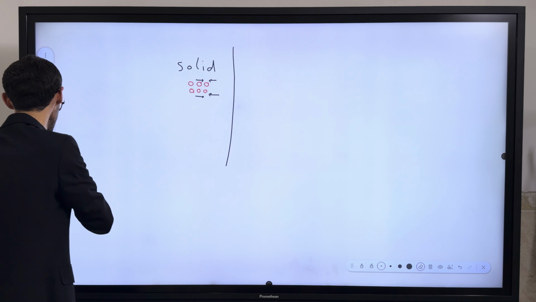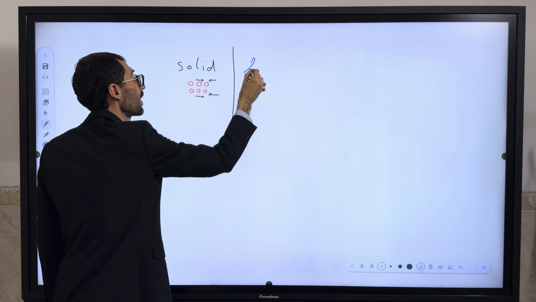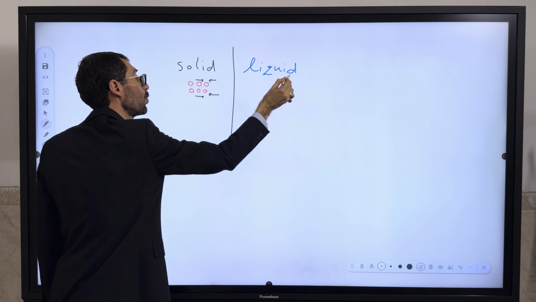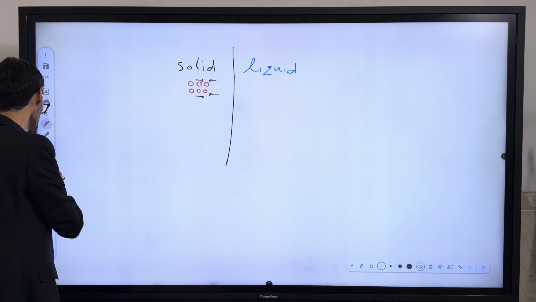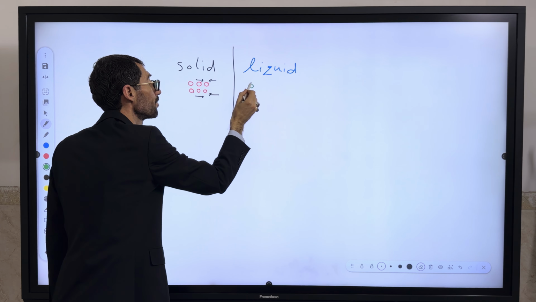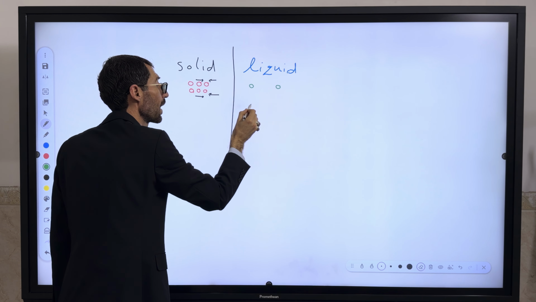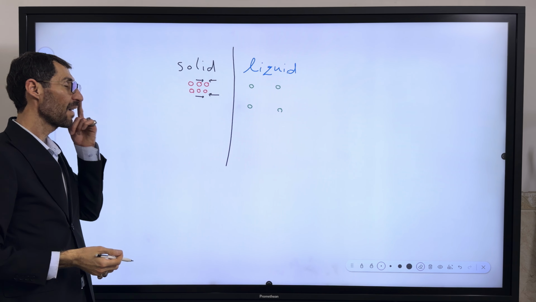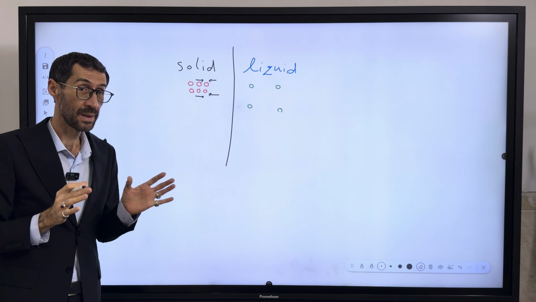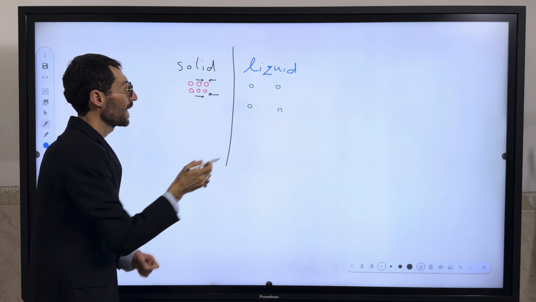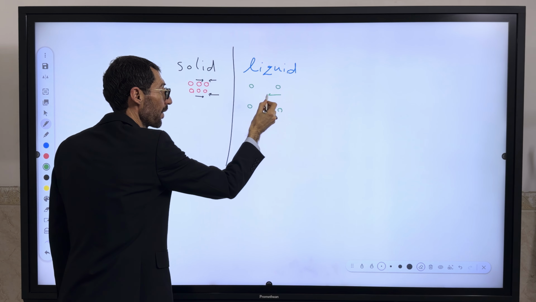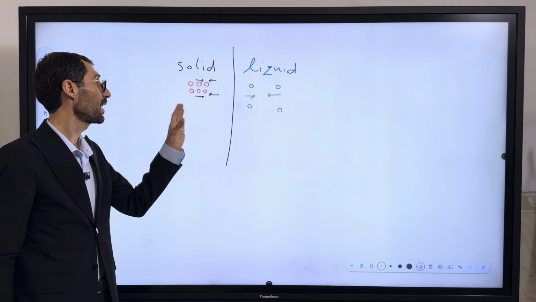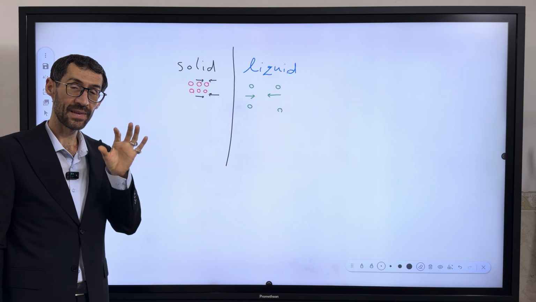What do you see about, for example, liquids? About the liquid, how do particles arrange? Particles are a little bit far from one another. They are not very far. They have a medium gap between two neighboring particles. And they attract each other. There is a force of attraction between the particles, but compared to the solid, there's less attraction